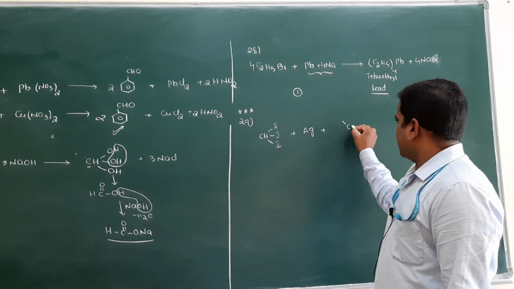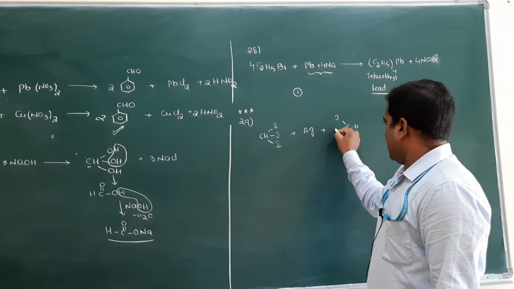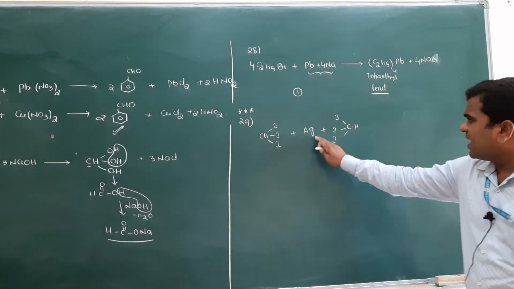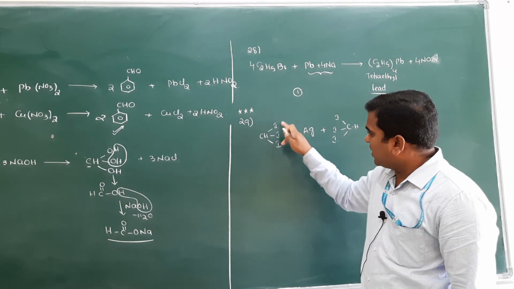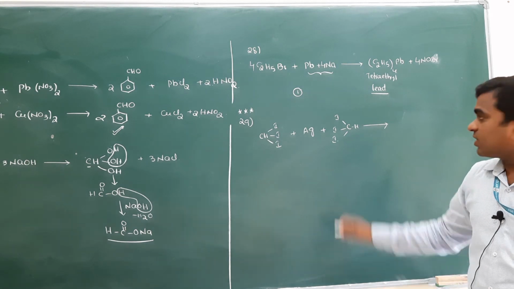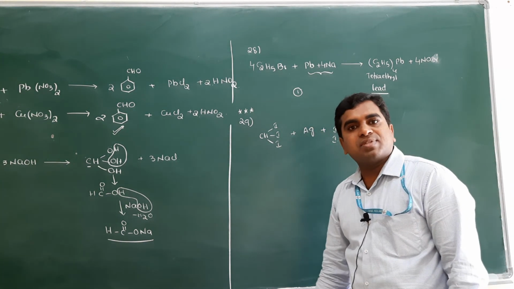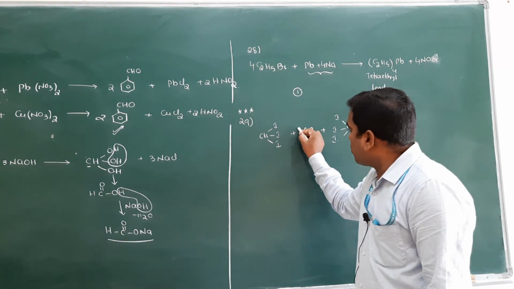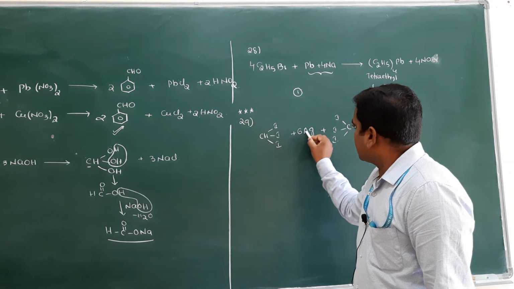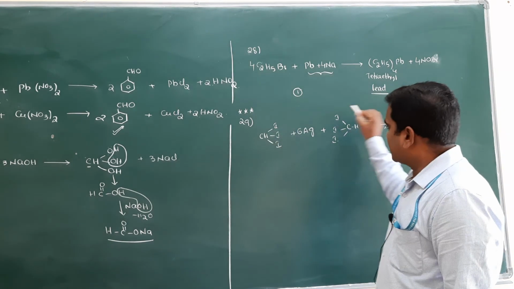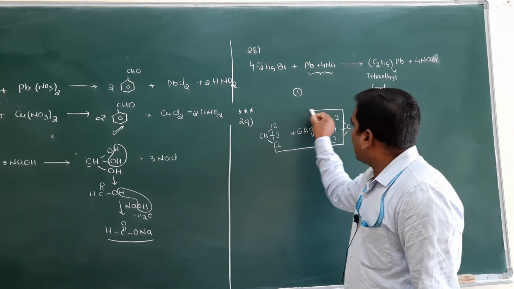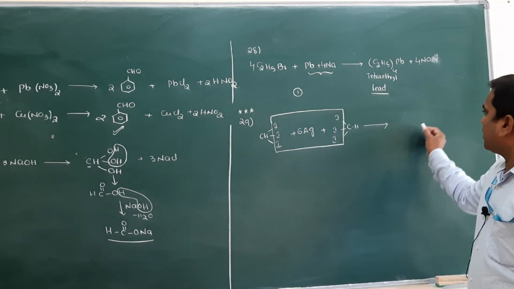See here, this is again iodine. AgI will be removed here. How many iodine atoms are present here? 3. And this side how many? 3. So total how many iodine atoms are there? 6 iodine atoms. So how many silver atoms do I have to take here? 6. Then what happened? This is 1 Ag, 1 I. AgI will be removed, another Ag like this, and all iodine atoms will be removed.